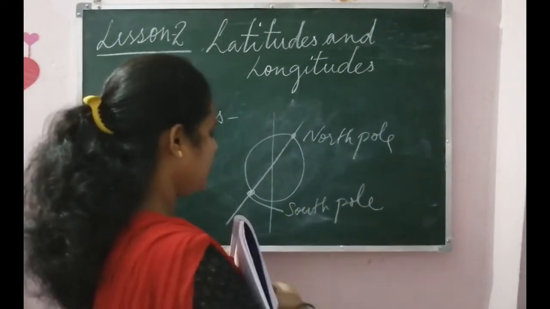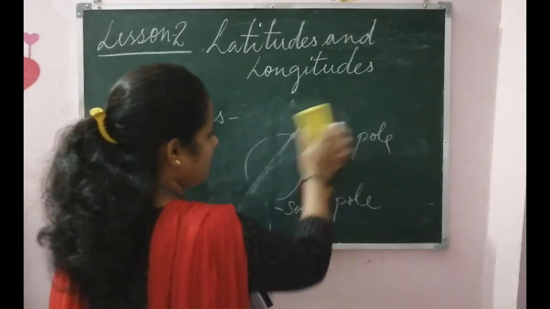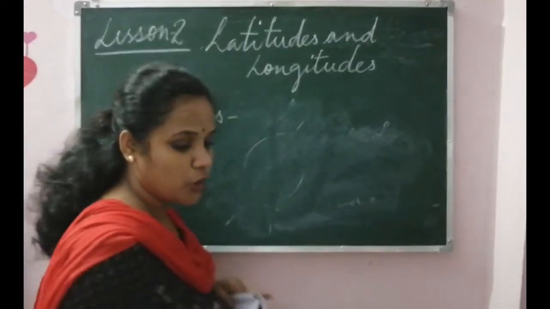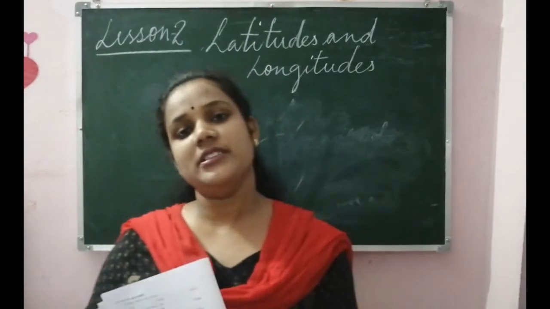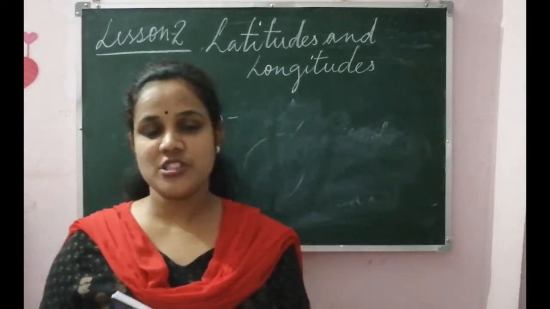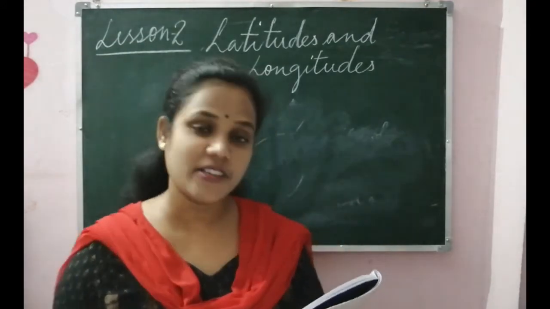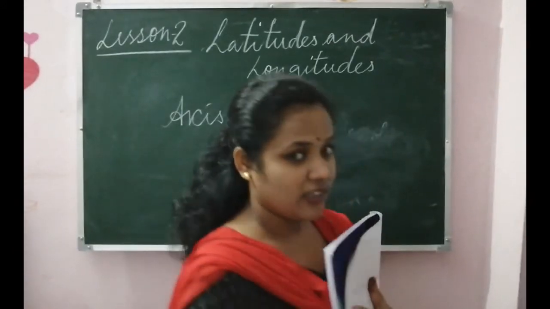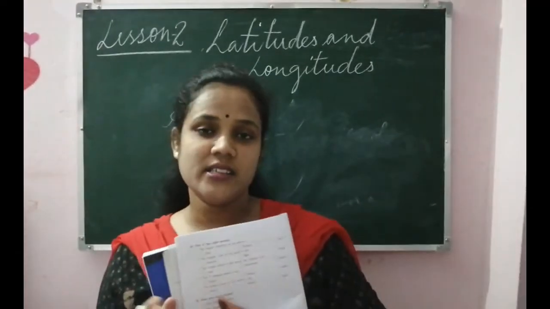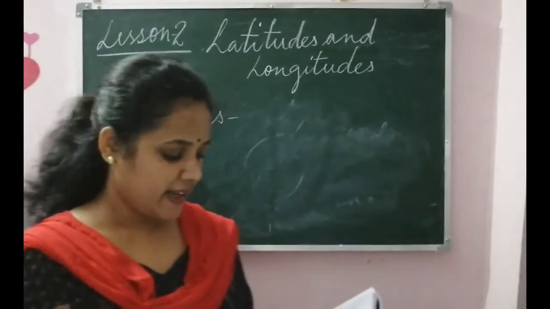No, it's not straight. It is a little tilted at an angle. Alright, so we have learnt that the globe is a true model of the earth, three-dimensional, representing the earth. It is tilted, situated on an imaginary line which is called the axis, on which the globe or the earth is rotating. That line is also an imaginary line, not a real line, and it shows the earth is not straight, it is a little tilted. So that axis is also tilted at an angle.